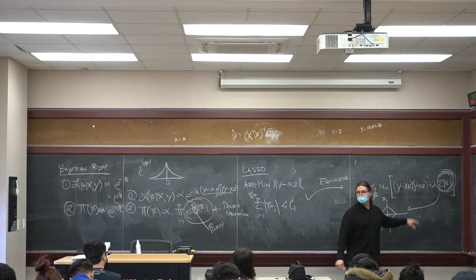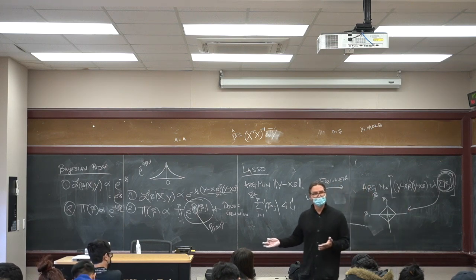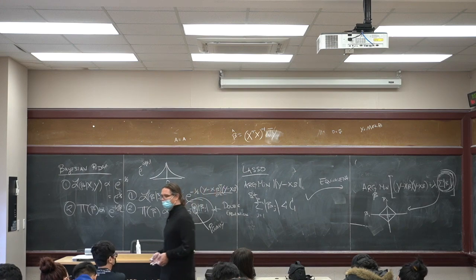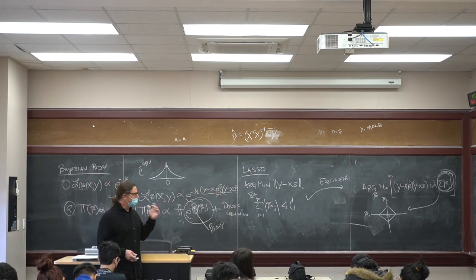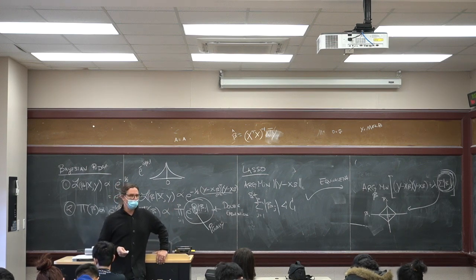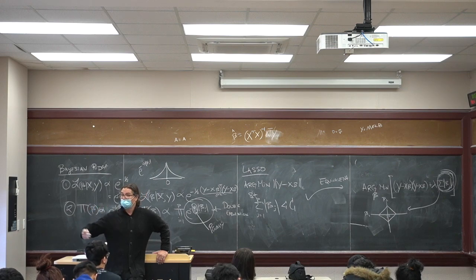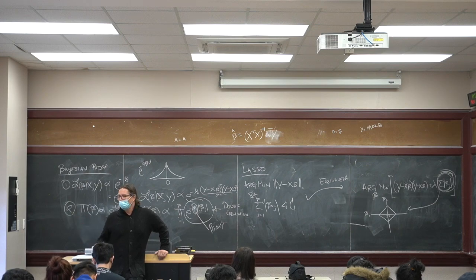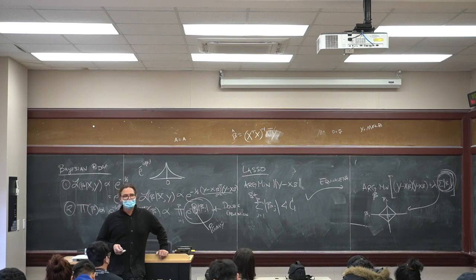I usually just do this optimization and plug everything back into my posterior so that I can use whatever code is out there for all the other methods as well. Again, I'll show you a Gibbs sampling procedure that people use for this. But people like this because it makes hard zeros. And that's the wow factor. It's worth doing all the computation and not just working through the ridge solution. Oftentimes I use these things in sequence with each other: I'll use LASSO, feed that into maybe a ridge solution or something like that, and feed that into my Gibbs sampler as a good starting point. They're all kind of trying to do the same thing.